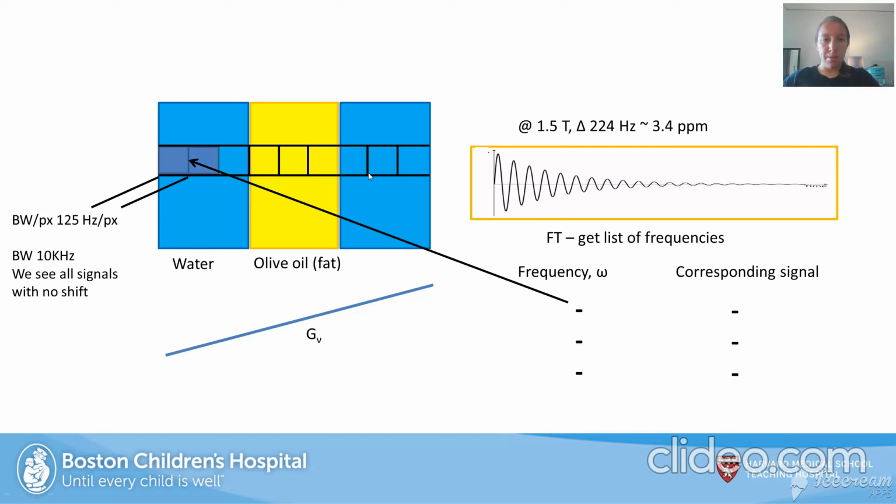If we keep filling in these pixels, they should all be fine because they're water. And then we get to this sort of interface between water and fat here. And we know that at 1.5 T, for example, the difference in frequency is going to be 224 Hertz roughly. So what's going to happen is this shift, because we only have 125 Hertz per pixel, we're going to see a shift, and the frequencies are going to affect each other,